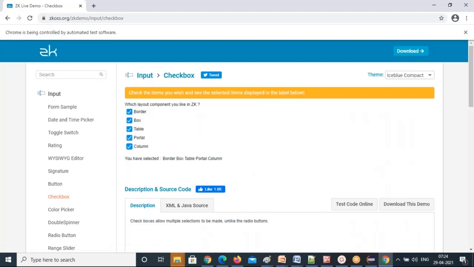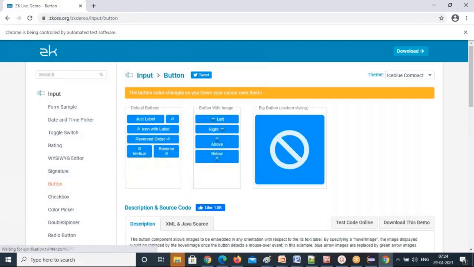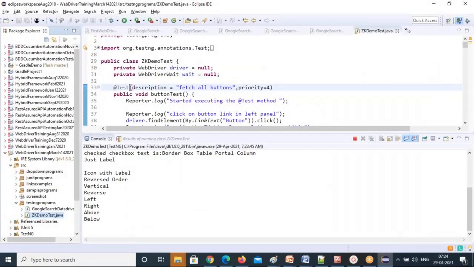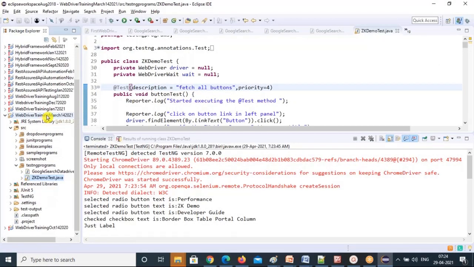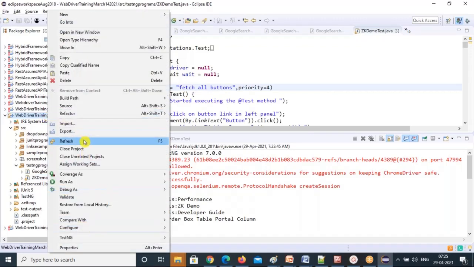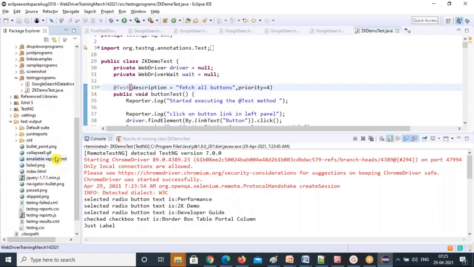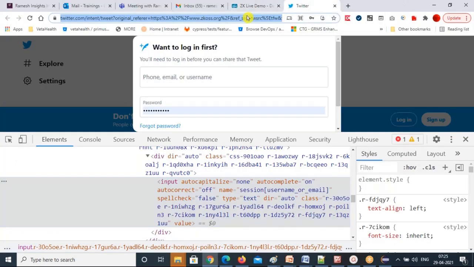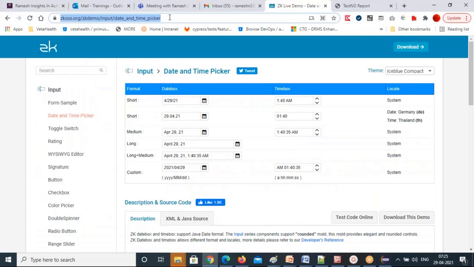So I have explained the dataProvider keyword, description keyword, and priority keyword. Now let's see, I want to skip some test cases. One of the test cases I don't want to run. Let me show you the reports first so that it will be easy for you. Every time refresh, and you can see the test-output folder with all these reports. First the emailable report, I'll paste it in the browser. Next, index.html. This one, right?